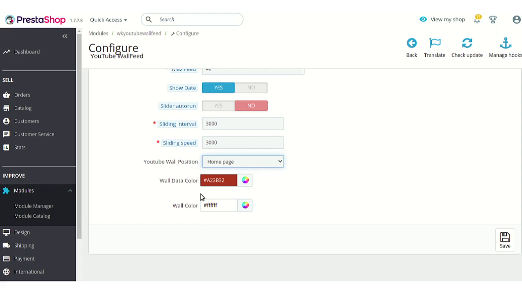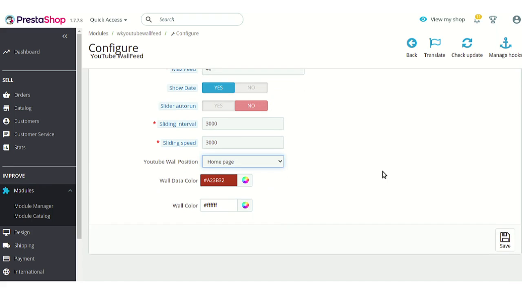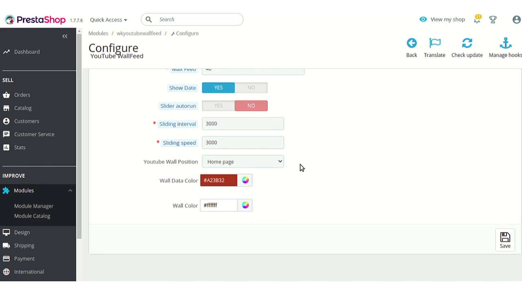Then next is wall data color. Data color corresponds to, like you have seen here, the show date. The date is like extra data, and the name of the video is extra data. So the color in which you want to show that data in the YouTube feed section, you can select from here. And wall color corresponds to the background color of the wall on which the YouTube feed is shown to the customer. Now after saving the details, as it is already saved in my PrestaShop,